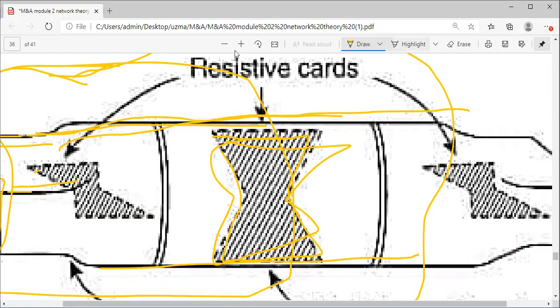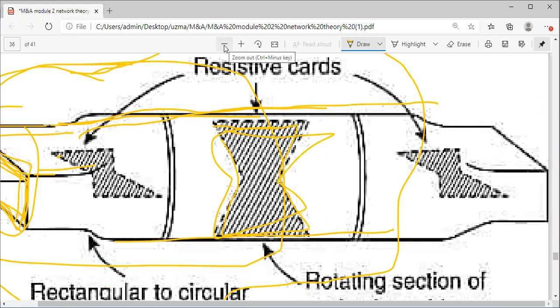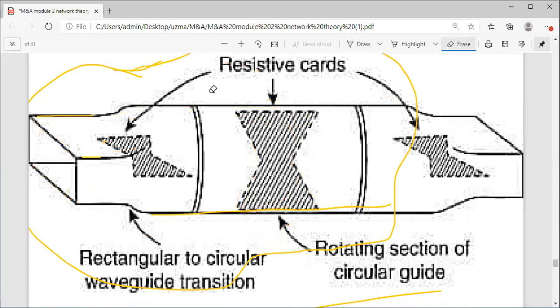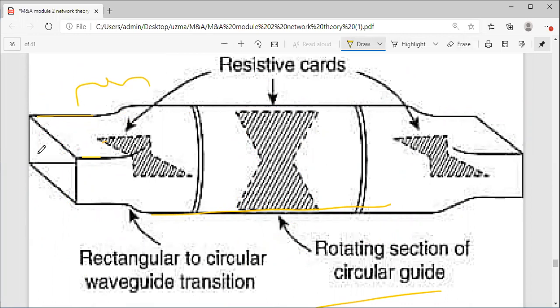Okay, this is your rotary vane attenuator. You have a transition here, you can see there is a transition, circular to rectangle looking from this side, or rectangular to circular looking from this side, and there is a transition here. You can see this demarcation line, these sections indicate this is a purely center circular section C. Okay, here there are transitions, say this is RC1 and this is your RC2.